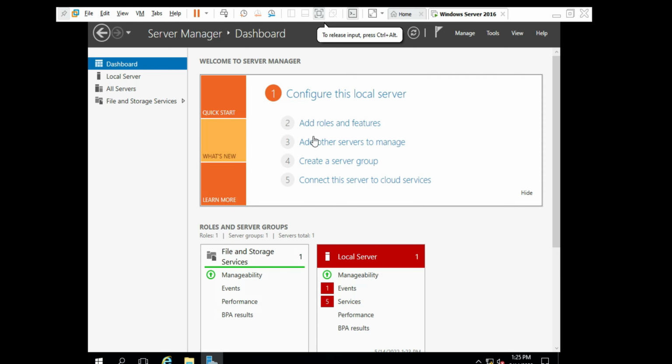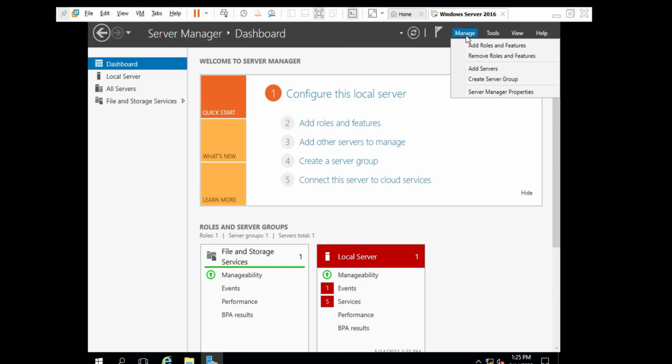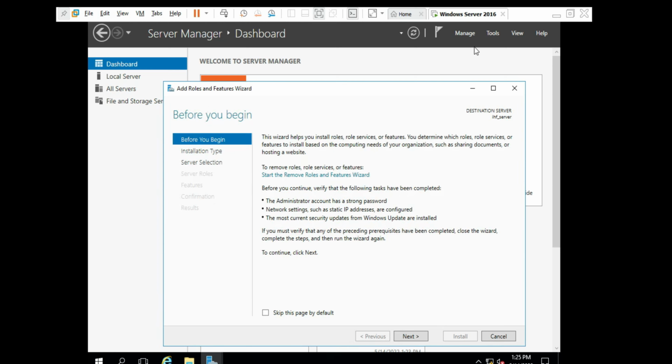So guys, for our learning purpose we go the proper way. We cannot use any shortcut. So at first we go to Manage and click on Add Roles and Features. Okay, then we can see this type of interface on our computer screen. Before you begin, this type of instruction shows here in your server administration. Please read it. There are some instructions, like your administrator account must have a strong password,